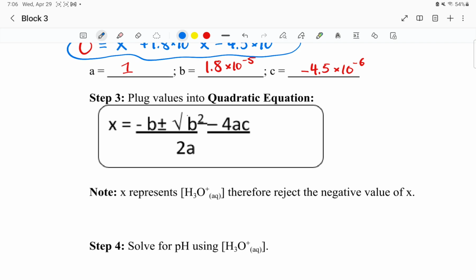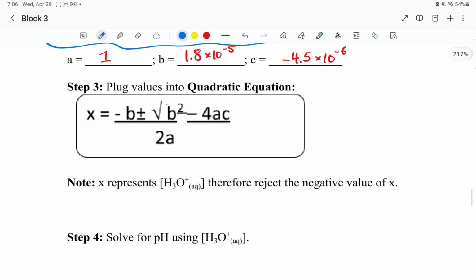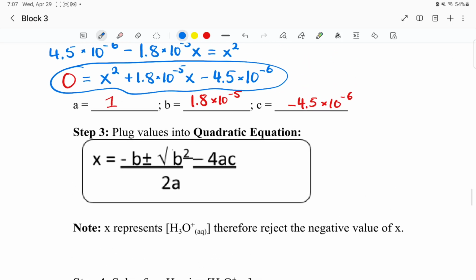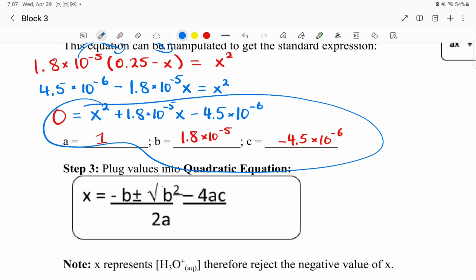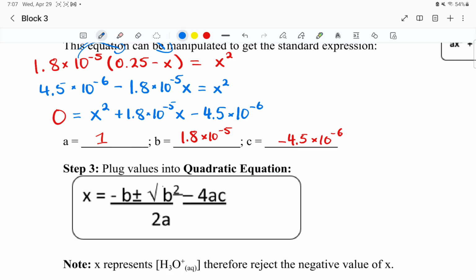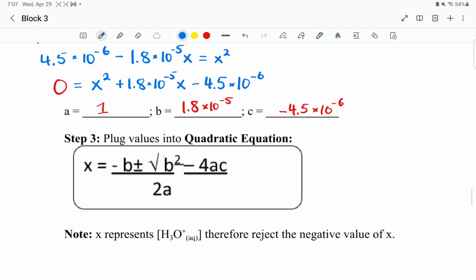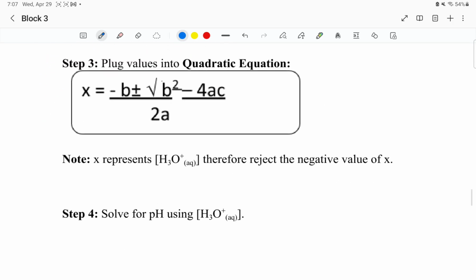Now, I won't show that because that's going to be a lot of work, but if you want to, you can. So maybe we can pause the video right now so that the students can try to figure out what your x's are. And once everyone's done, we can continue. All right, so